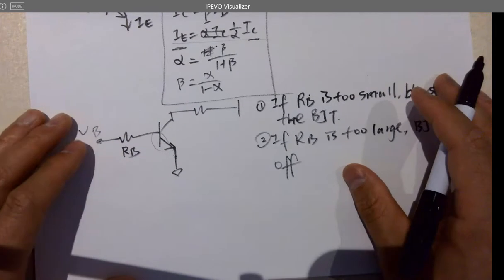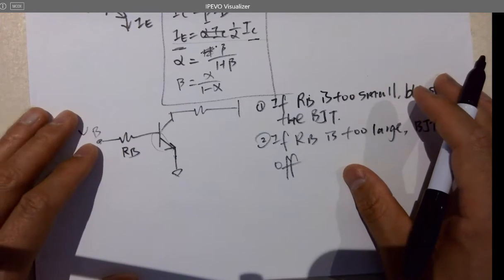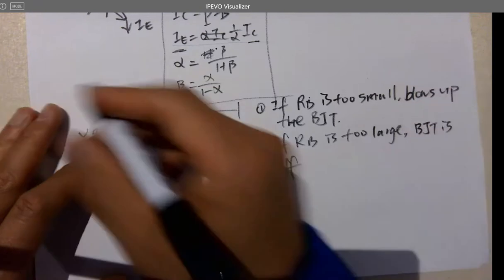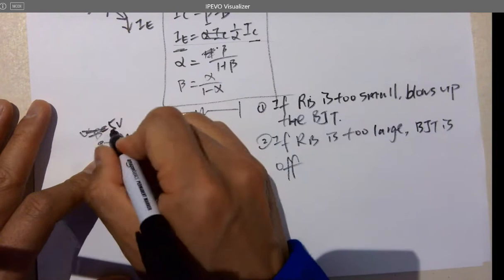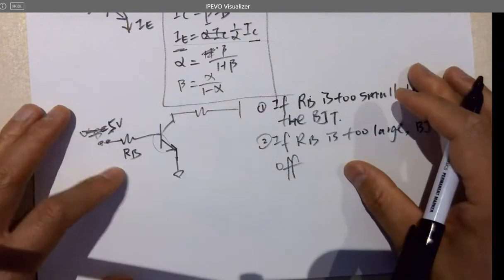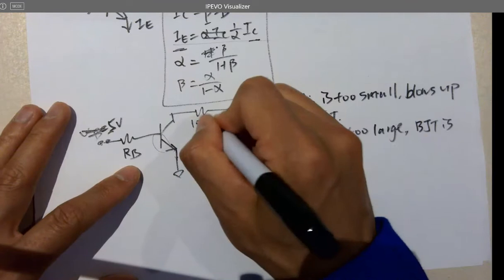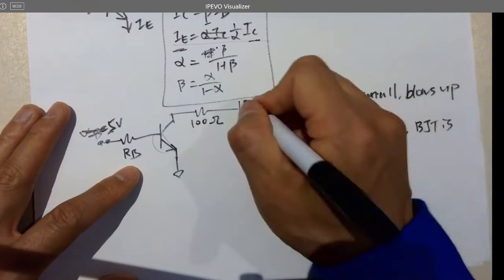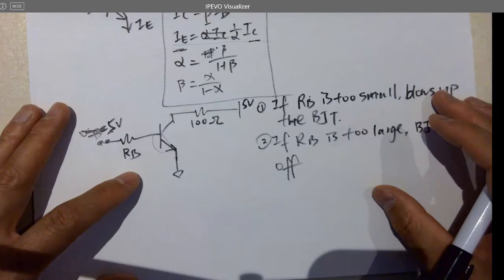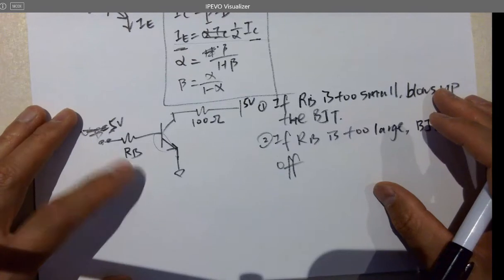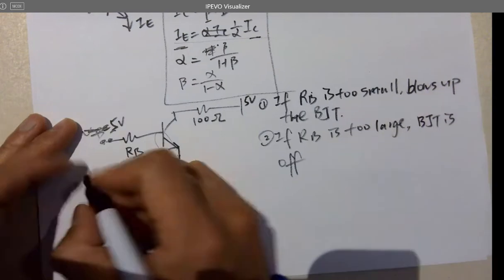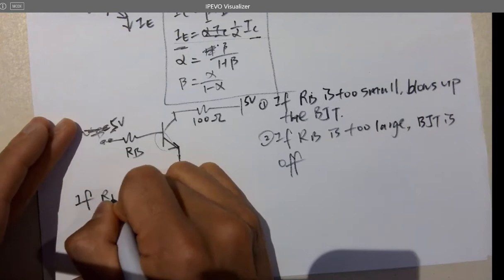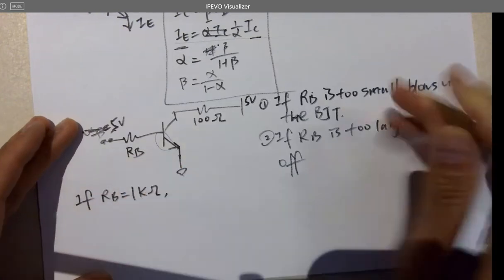So let's look at one example here. If I have 5 volts, that's not VB, that's the voltage here, that's 5 volts. And the resistor here is 100 ohms. And I've got a 5 volt power supply here as well. So if RB is 1K, what's going to happen? If RB is 1K ohms,